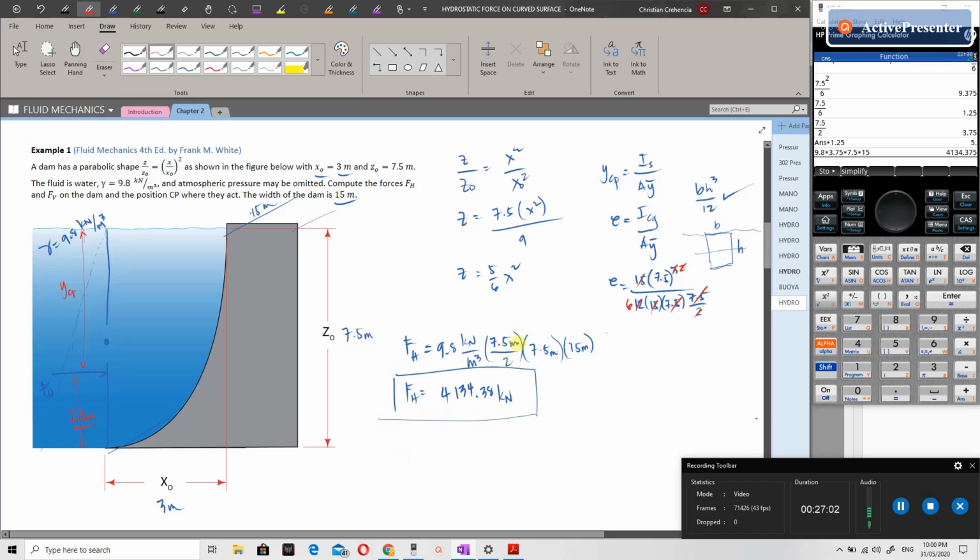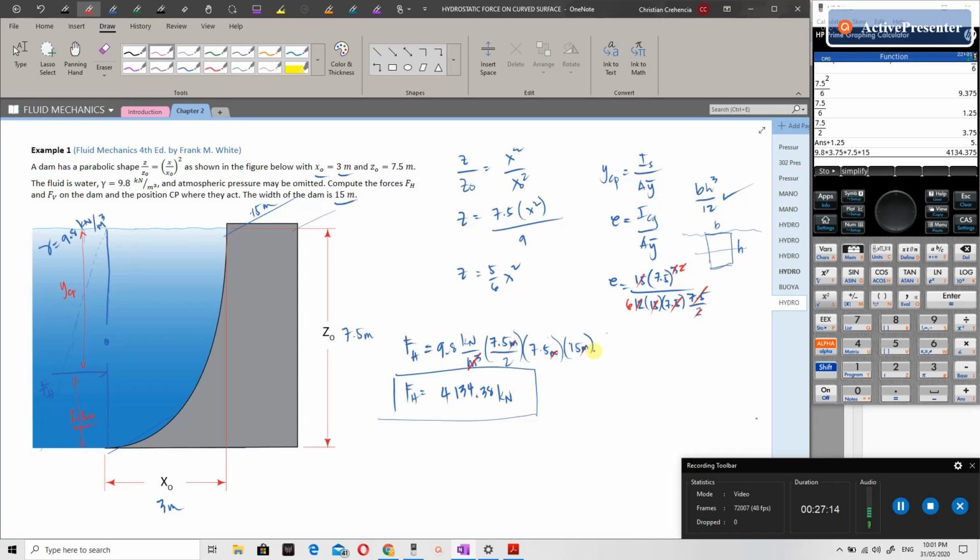So cancel naman yung mga meters natin. Meter is meter cube over meter cube, so cancel lahat ng length. Okay, so what about dito sa ating